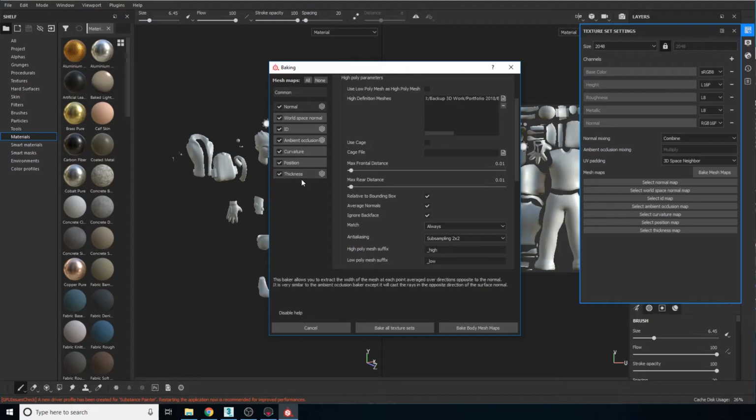And then we go into the other maps. I don't need thickness. This is for subsurface scattering, if you're going to use it. I'm not going to use it with this particular character. I'm going to uncheck ID because I don't have an ID mask to bake with this character as well. And now I'm going to go into each little